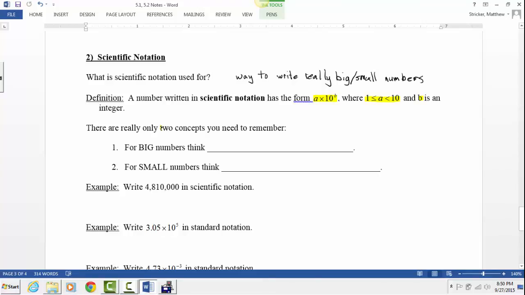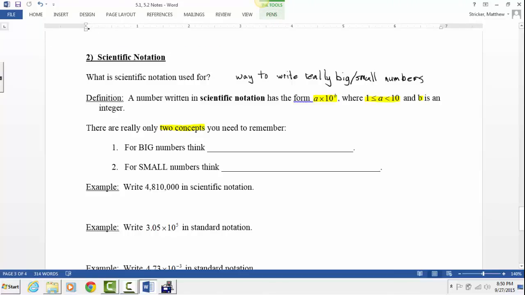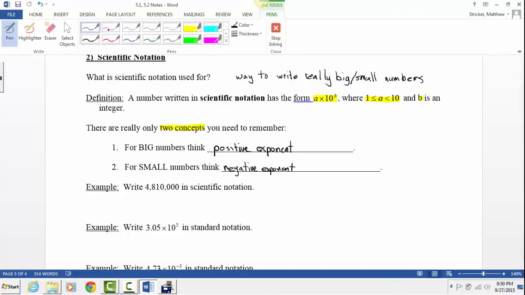And there's really only 2 concepts you need to remember here. When you have a big number that you want to write in scientific notation, you need to think positive powers or positive exponent. And on the flip side, if you have a really small number, you need to think negative exponent. Big number, positive exponent, small number, negative exponent. So if I'm looking at this first example,